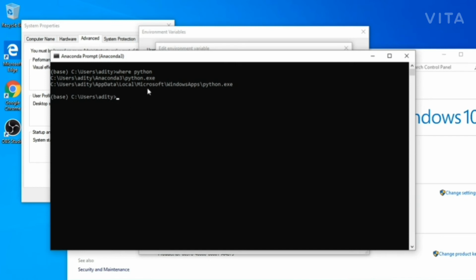So you just need to copy this path and come here inside the Environment Variables, New, and paste the path of your Anaconda here.